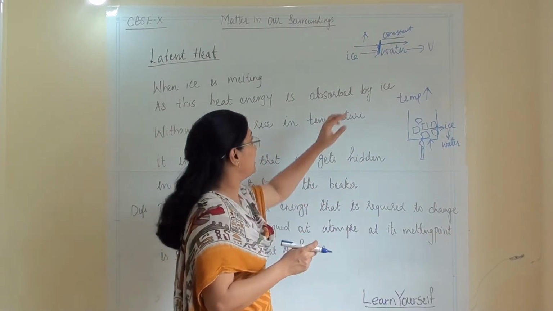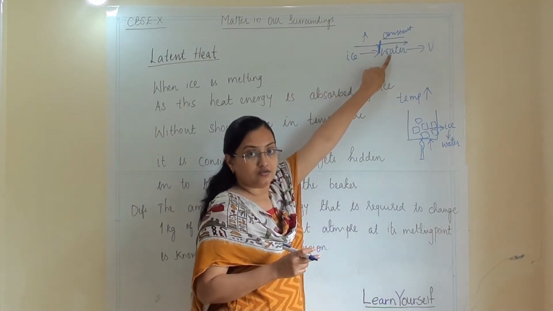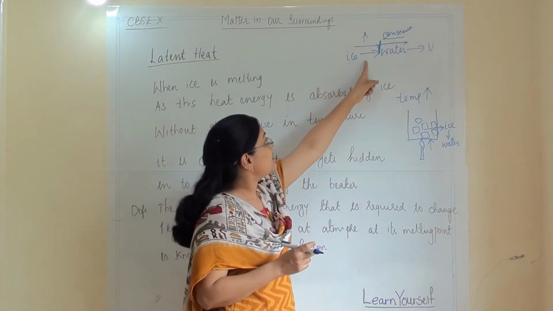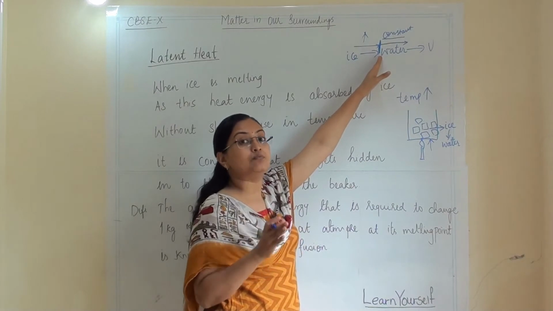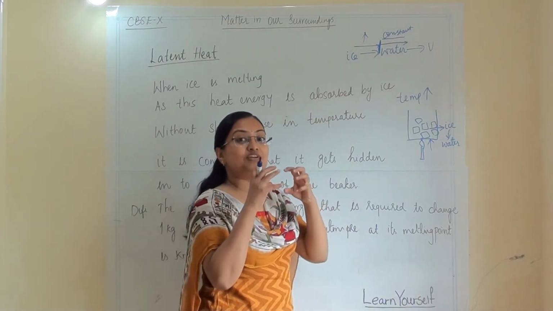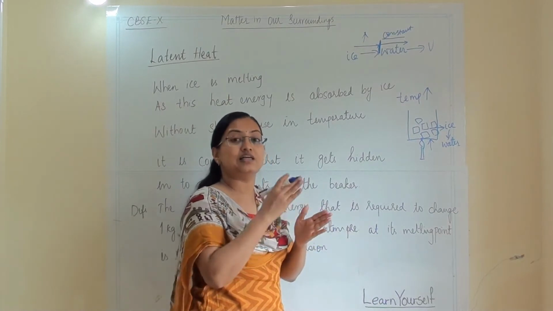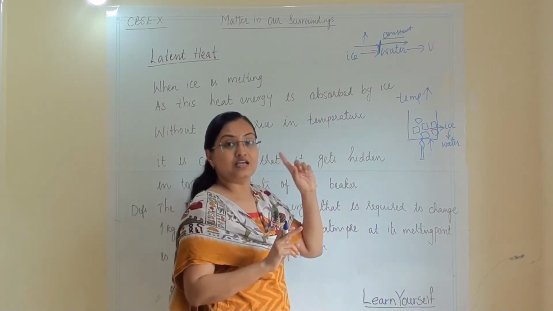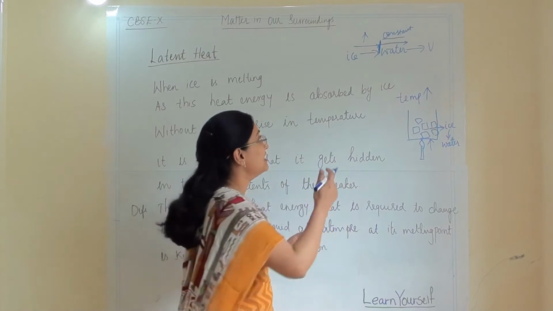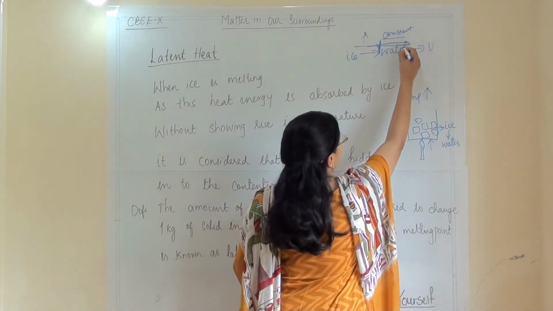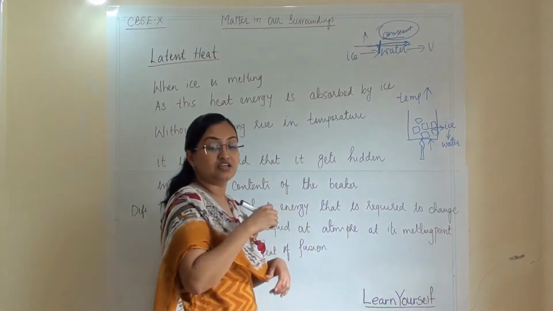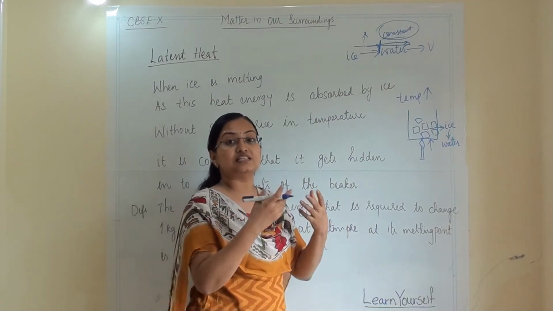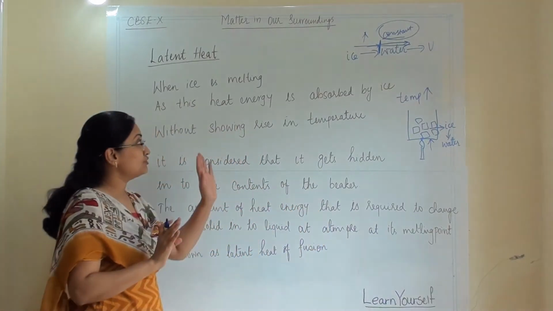One more time I am explaining. When ice is becoming water, throughout I am heating it, throughout I am giving heat. Temperature will rise until its melting point arrives. Till that time my temperature will increase, and I can see that through the thermometer. Now once the melting of ice starts and each and every ice becomes water, my temperature will become constant. Even though I am continuously giving energy, the temperature will